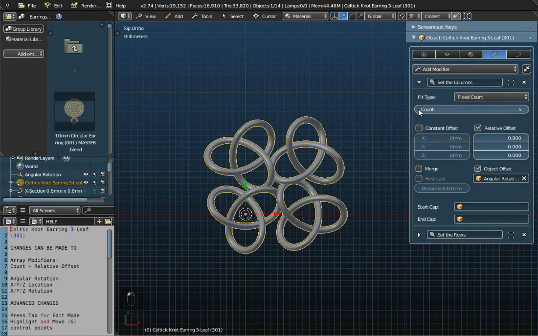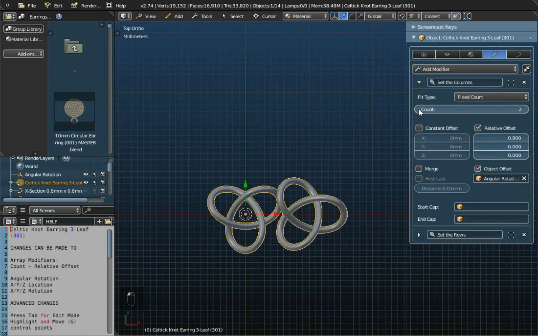You've got to reduce the count down to 4 if you've changed the angular rotation to 90 degrees. What you should always do if you're doing angular rotation is start off at the beginning there with a count of 1 and work up slowly,